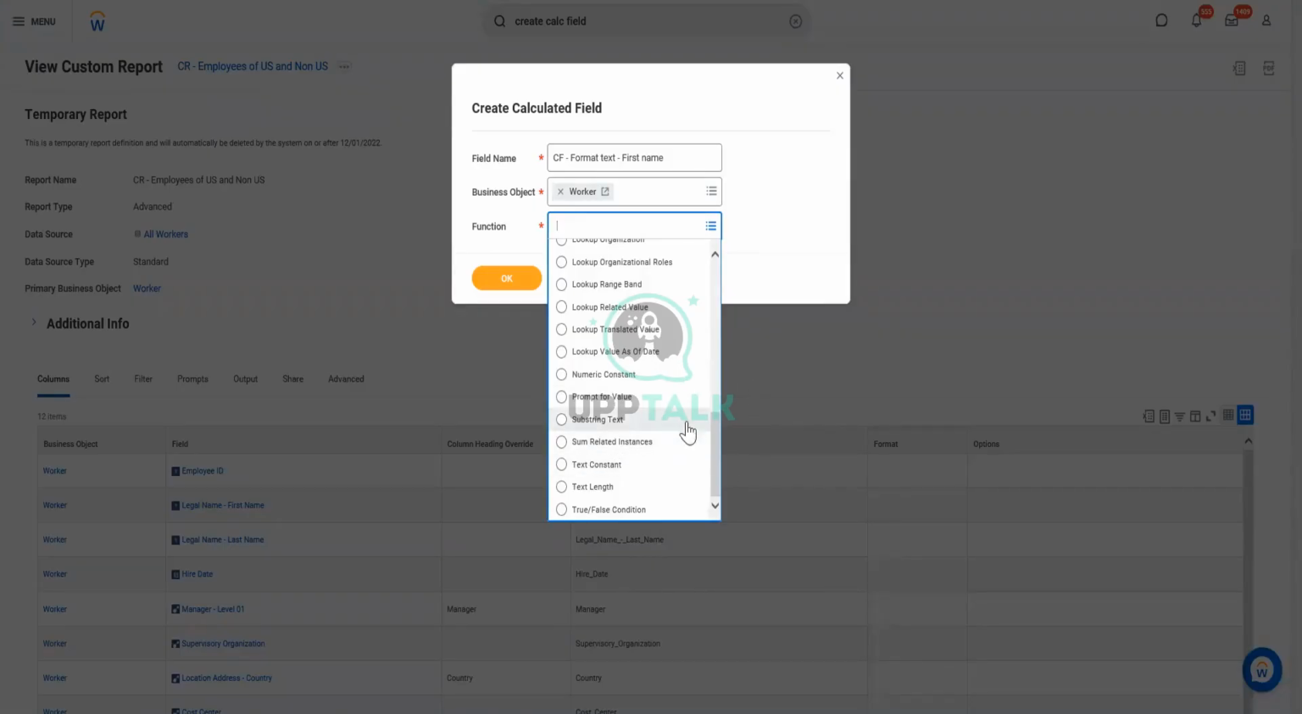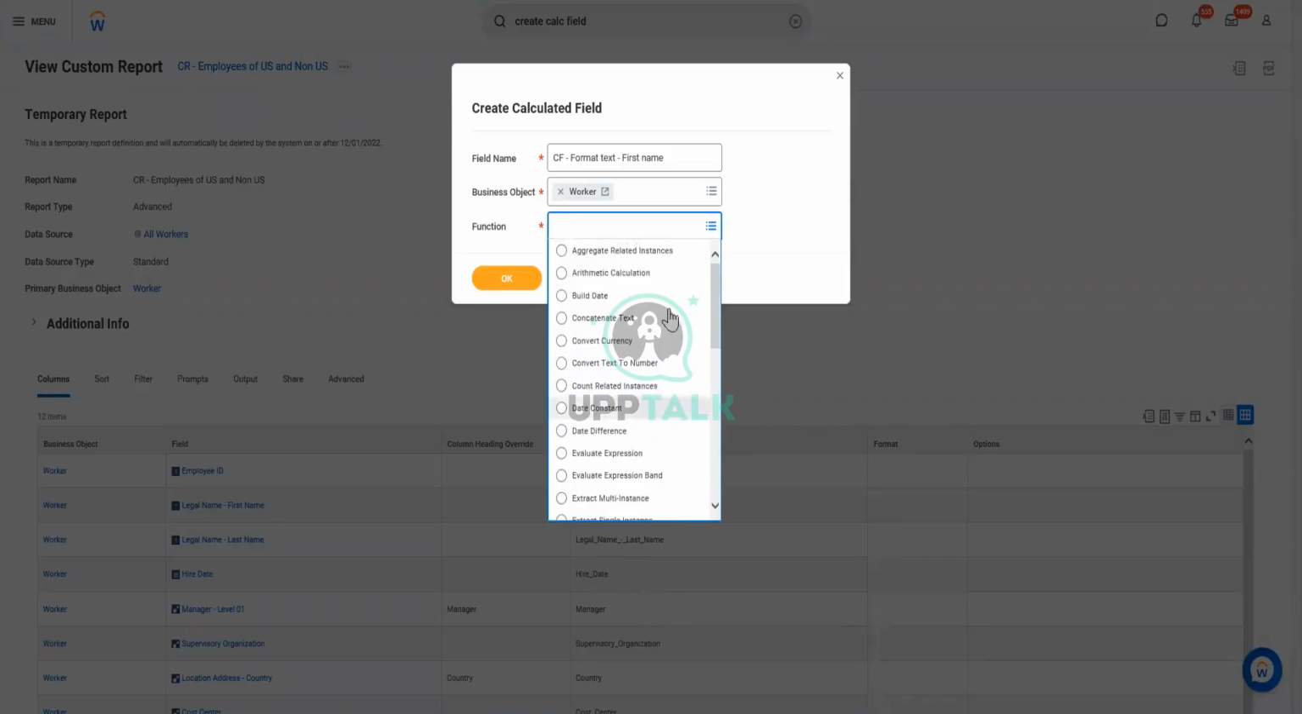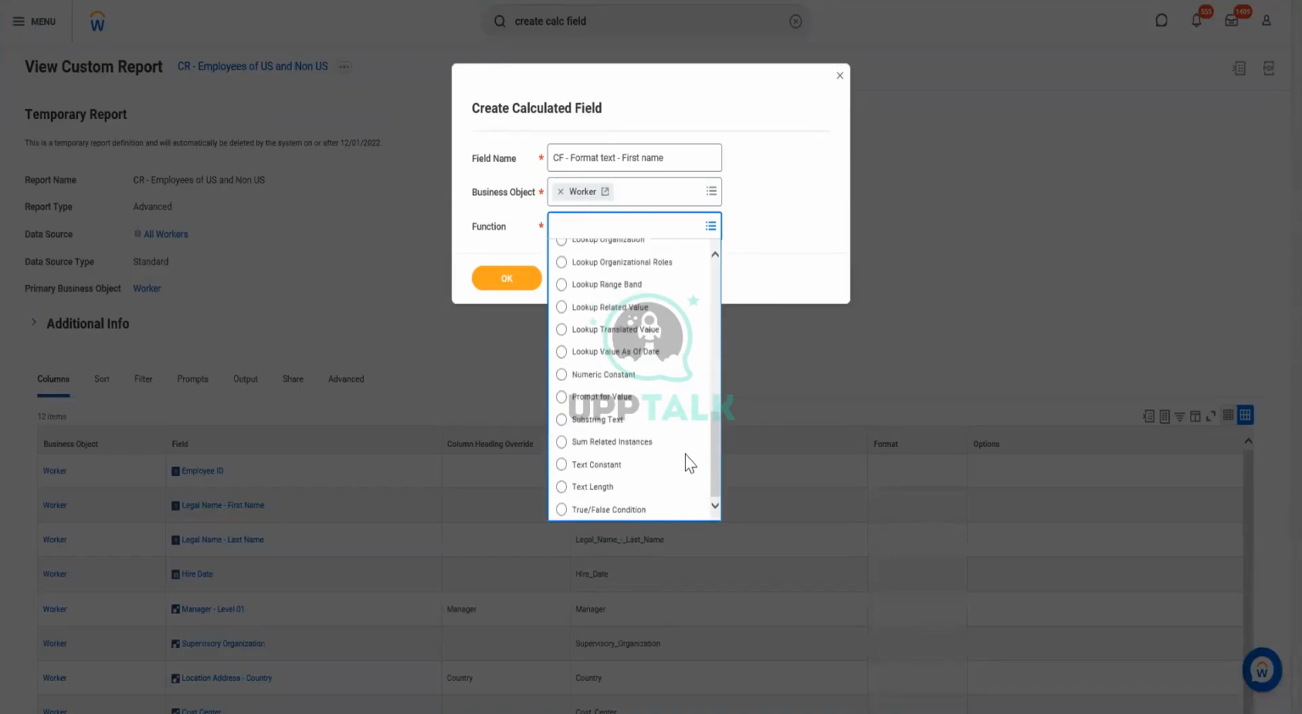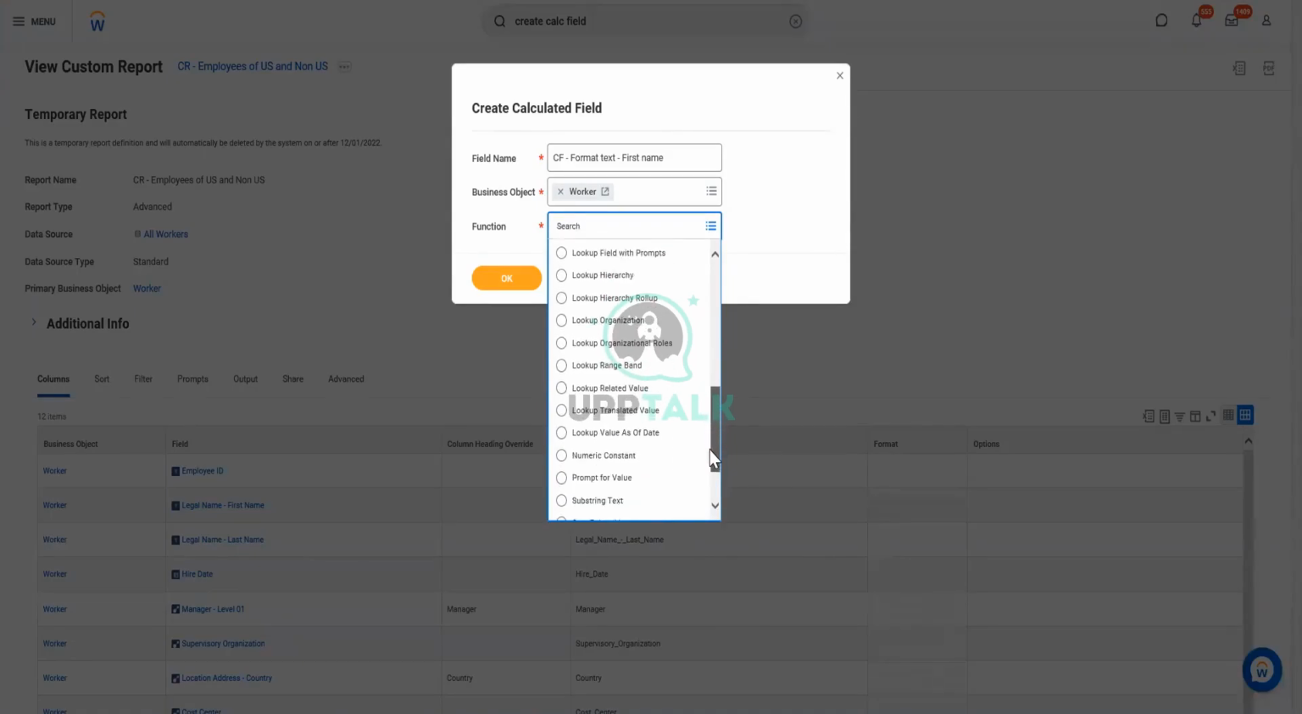If you wanted to perform evaluations of expression, all you have to create is a true or false condition text constant. There are 3 functions in it that you will be using in evaluations. And similarly, if you are aware of how to do lookups